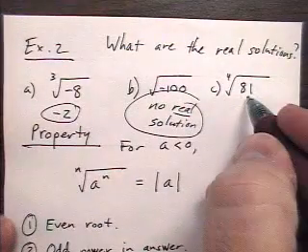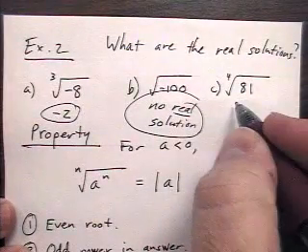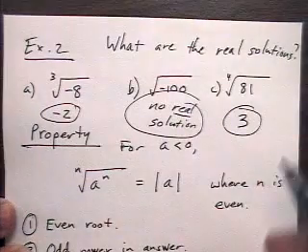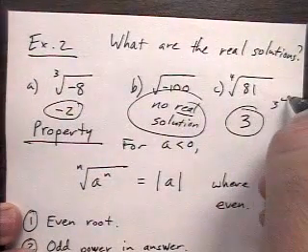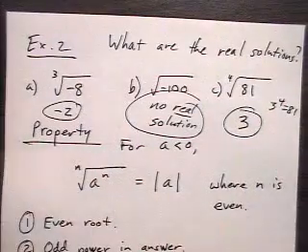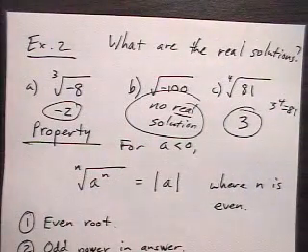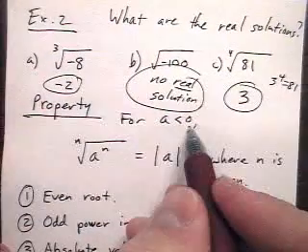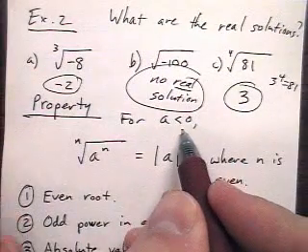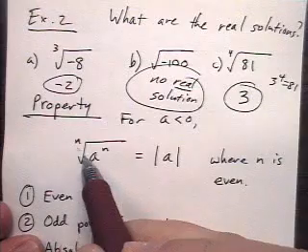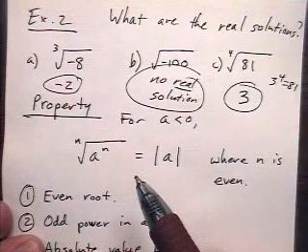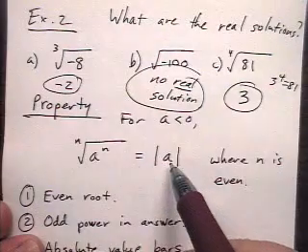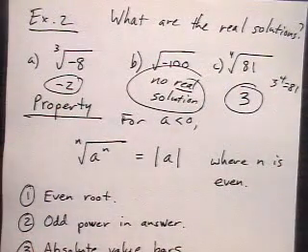The fourth root of 81. Well, what number to the fourth power gives me 81? 3. Right? 3 to the fourth is 81. The next property that the book talks about or shows you is it says for all negative numbers, when you take the nth root of a to the n power, then you get the absolute value of a,